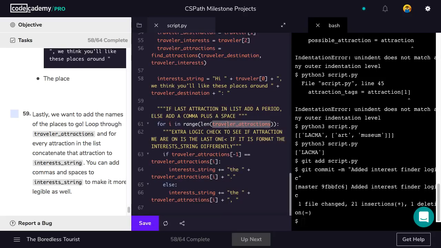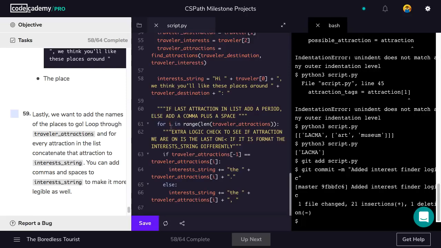Remember, the length of traveler attractions is 3. So when I say range, passing in 3, that says, all right, go 0, 1, 2, don't include 3, create a list from 0, 1, 2, and then I say for every element